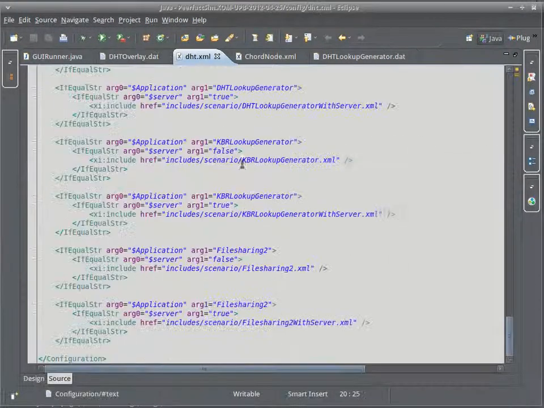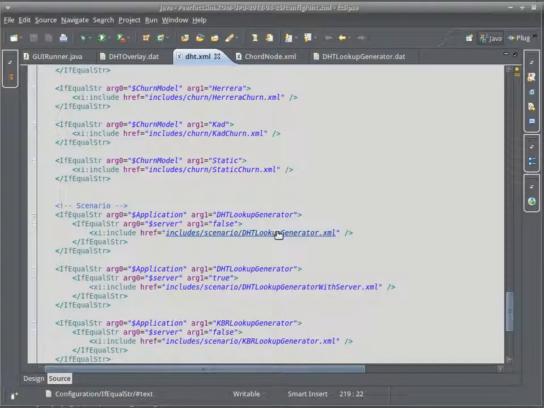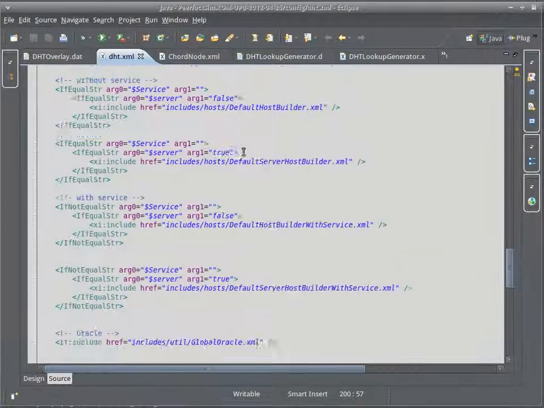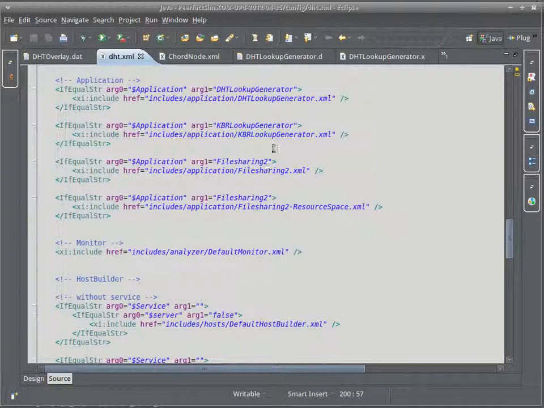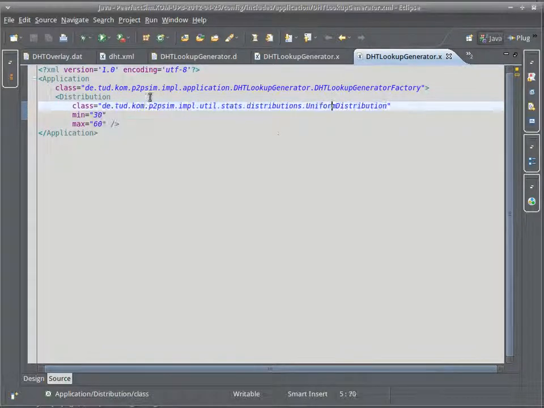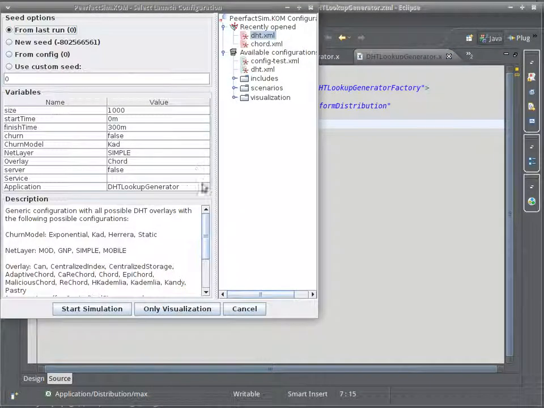If we go back to the DHT config file, we can also adapt it. We have used a uniform distribution for the lookups here in this example, with a minimum of 30 and a maximum of 60 lookups. And we can change it to have a different behavior, so to produce more load or less load. And also, as I said before, we can activate churn to get another behavior. So for example, if we use a churn model and set it to true,